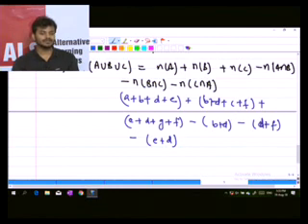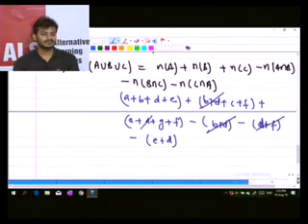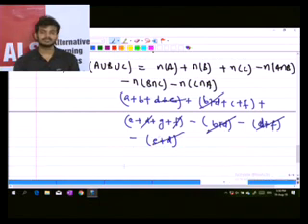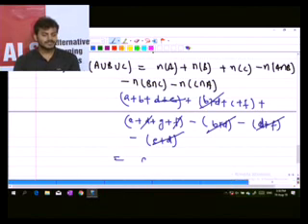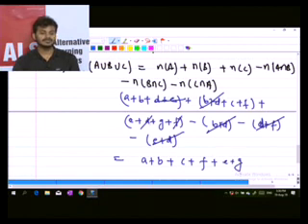But now here, when you are doing this calculation, what you have done, guys, is that you have subtracted B plus D. Similarly, you have subtracted D plus F, and you have subtracted E plus D. So what you are left with is A plus B plus C plus F plus E plus G.